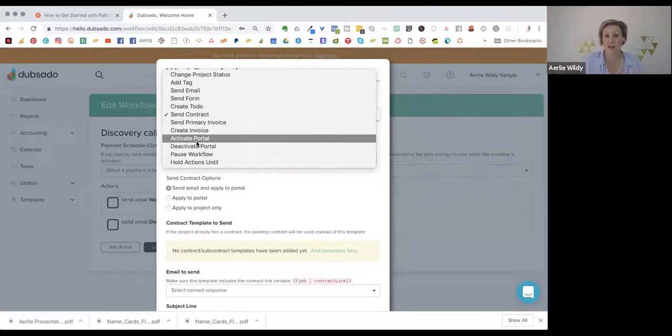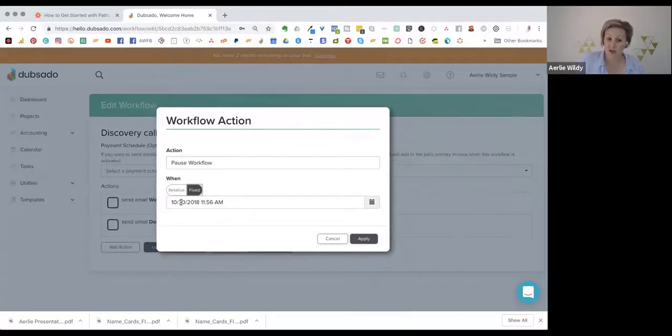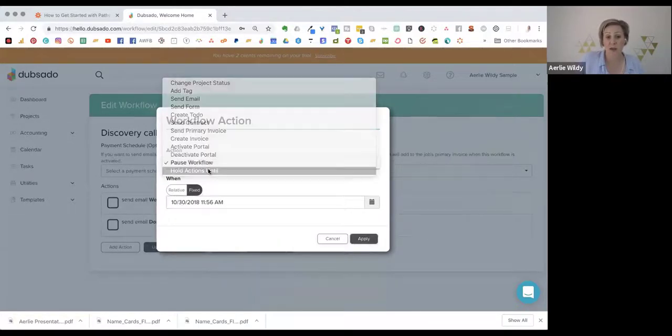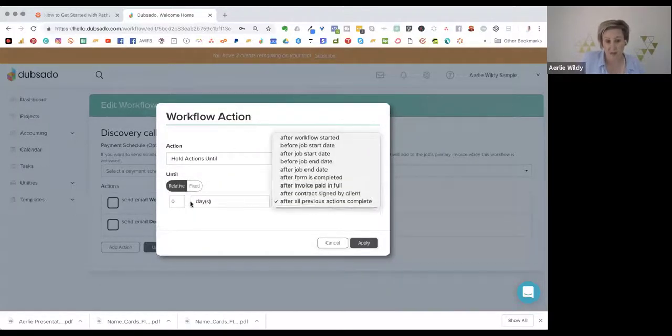You can send them the link to their portal and it's secure because they can set their own password or you can set it for them, all those kinds of things. You can pause the workflow until 0 days after it started or until a particular date. You can specify a particular date and time, or you can hold actions until, and this is where it gets